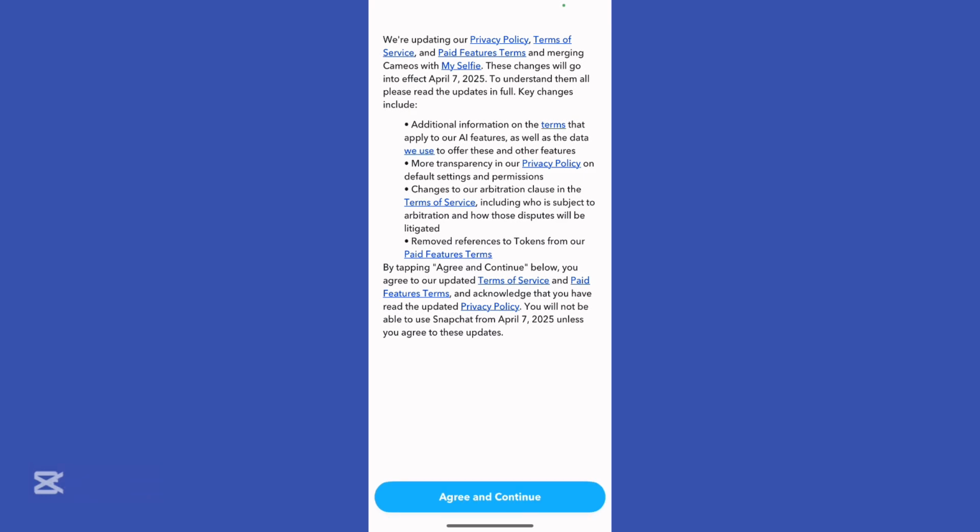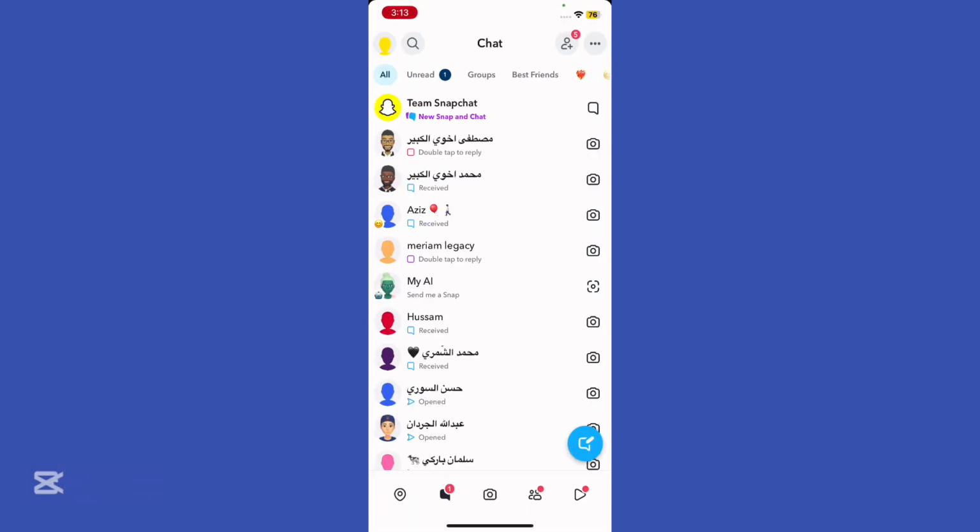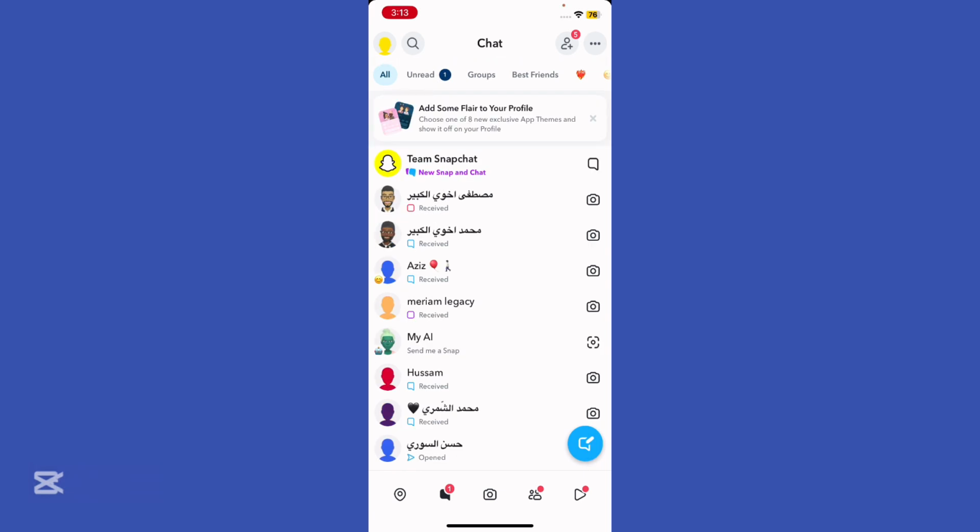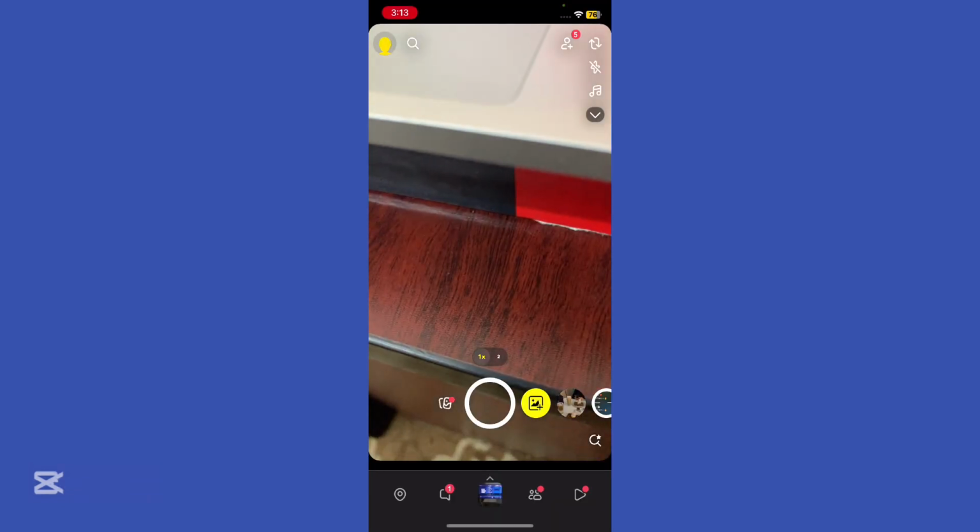So go ahead and open up your Snapchat. Alright, let me agree to continue. And you can just refresh your Snapchat basically by going to your chat, or if you want to refresh your